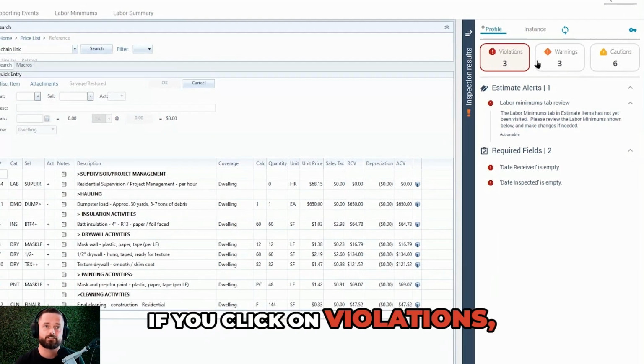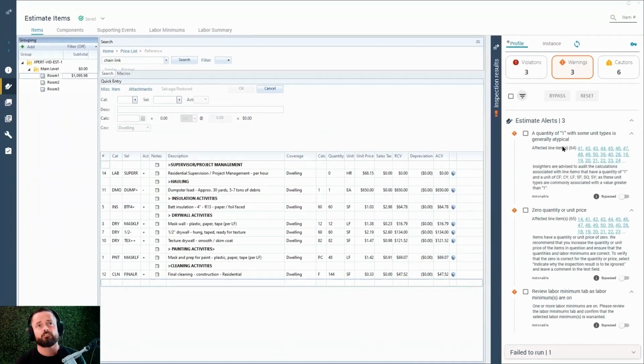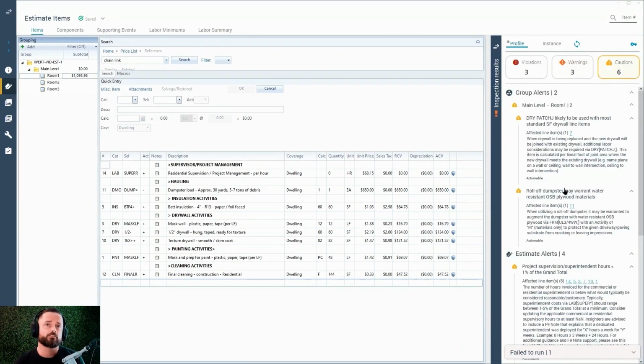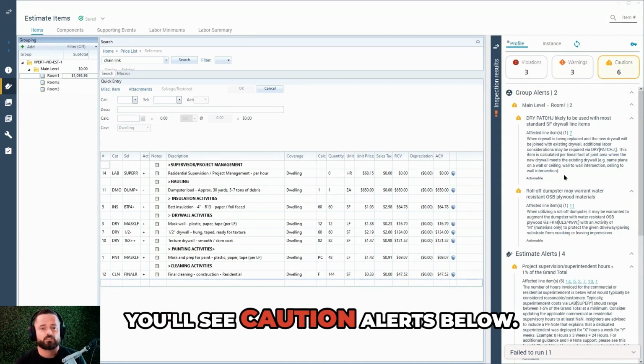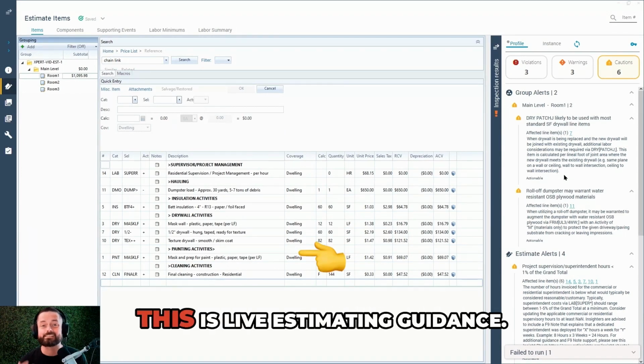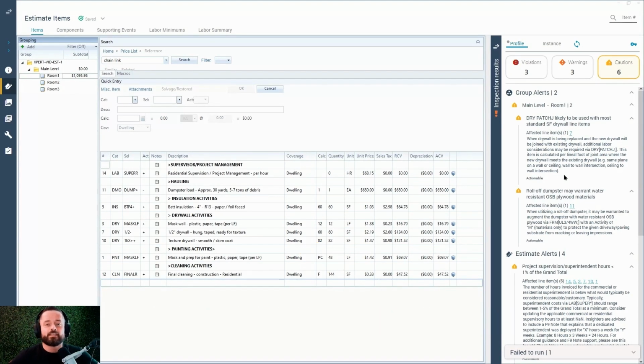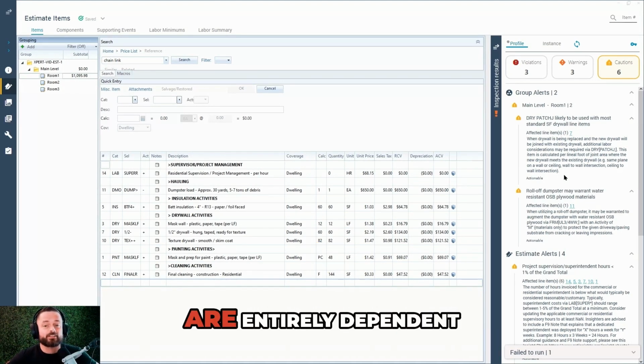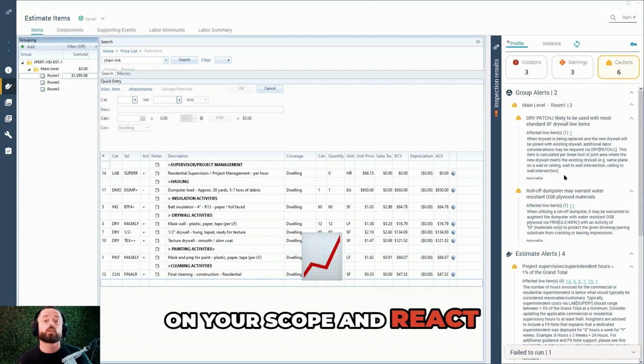If you click on Violations, you'll see Violation Alerts. If you click on Warnings, you'll see Warning Alerts. If you click on Cautions, you'll see Caution Alerts below. Now bear in mind that this is live estimating guidance. The types and amounts of alerts you're given are entirely dependent on your scope and react to your scope as